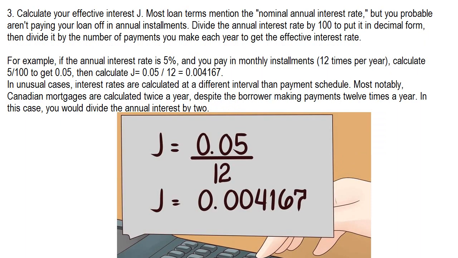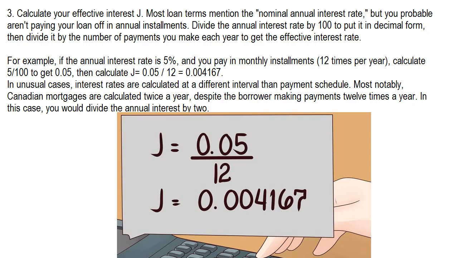3. Calculate your effective interest J. Most loan terms mention the nominal annual interest rate, but you probably aren't paying your loan off in annual installments. Divide the annual interest rate by 100 to put it in decimal form, then divide it by the number of payments you make each year to get the effective interest rate. For example, if the annual interest rate is 5%, and you pay in monthly installments, 12 times per year, calculate